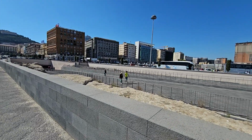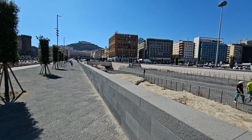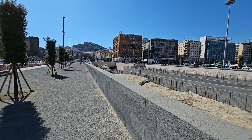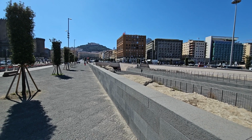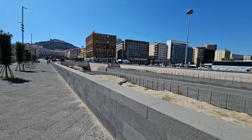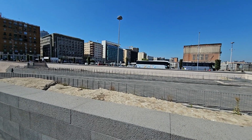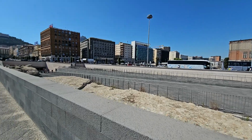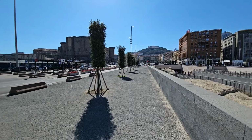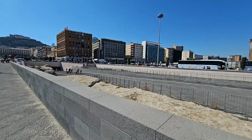But the way to do it is to go to the main road, turn right, and go up that little avenue you can see in front of you, where the green shaded building is, and then you need to go to Municipio metro station. Once you're at Municipio metro station, get the Circumvesuviana train to Sorrento via Garibaldi. So get a metro to Garibaldi, and then Garibaldi to Sorrento, and halfway on that trip is Pompeii, so